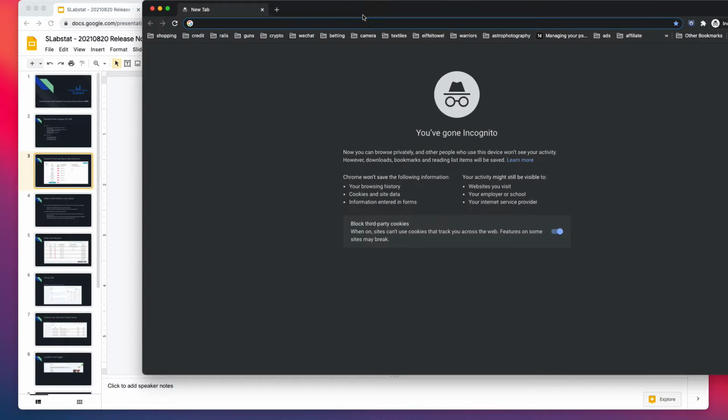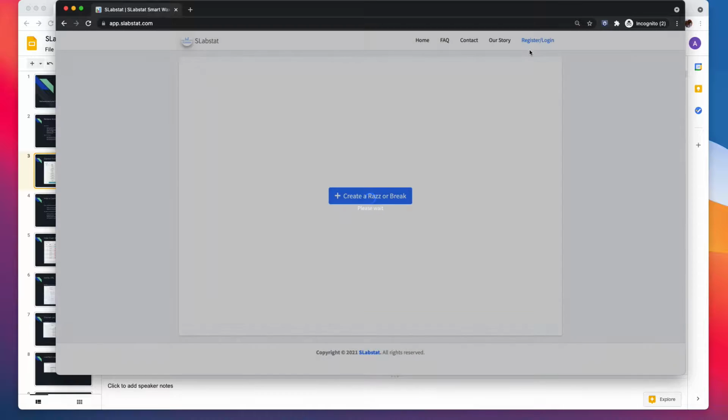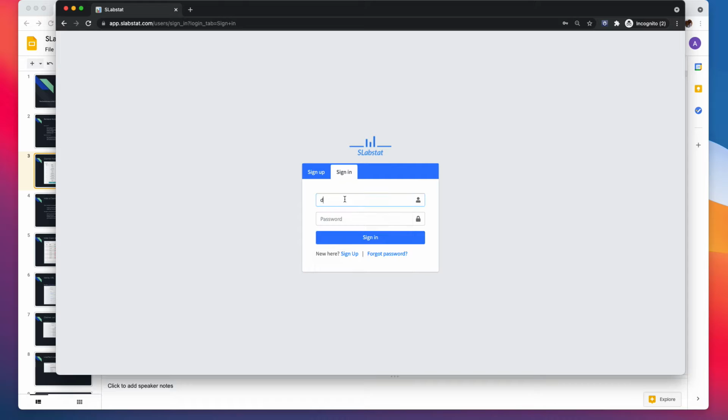So now when customers or new people join your breaker or RAZ and they register for the very first time, we're going to ask for the first name, last name, and their selected username and so forth. The first and last name is new for this release, and the reason is that we want to know who you are so we can identify you. So we've already done that for this experiment. So let's go